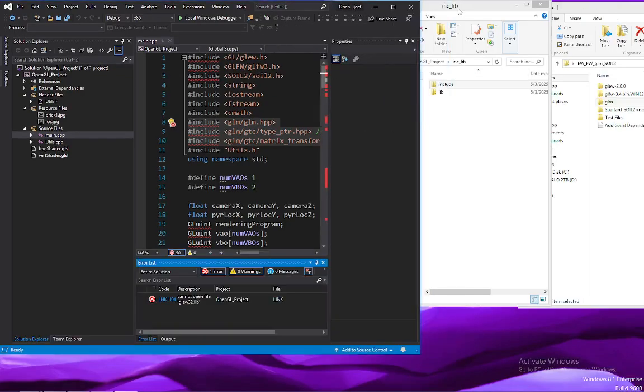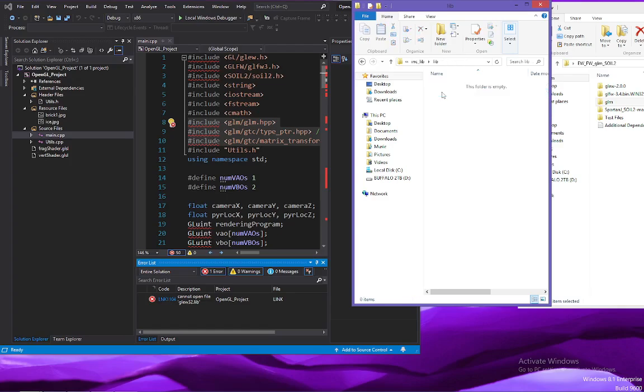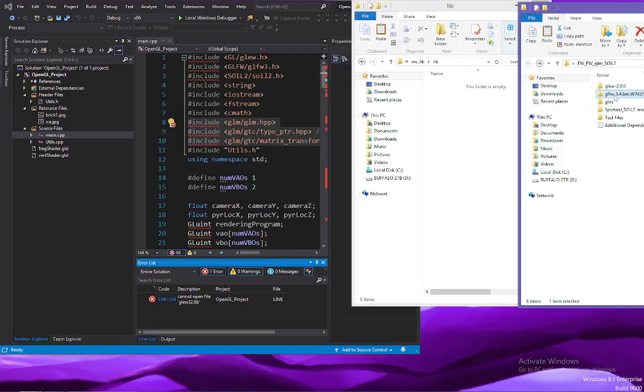Okay, so now you can see there's nothing inside of our lib folder. You go inside of your GLEW and you open up the lib folder, there's nothing inside there. It needs the GLEW32.lib file. So what we need to do is go back to GLEW,